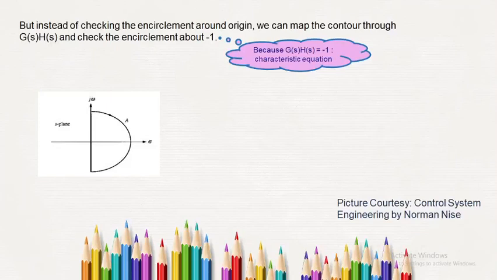हम exactly क्या करते हैं, but how do you actually map this entire contour, that is Nyquist contour? उससे आप Nyquist plot कैसे बनाते हैं? What are the steps to determine the stability through Nyquist criteria? That I'll be explaining in the next lecture. Thank you so much for listening to this lecture.